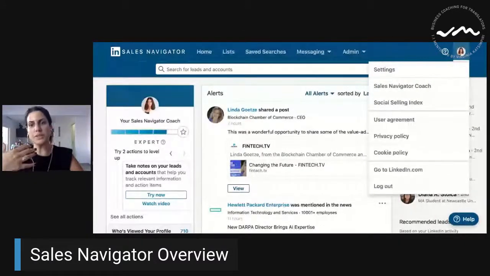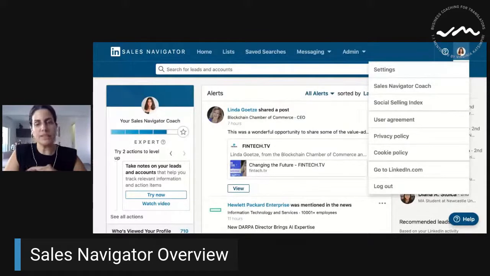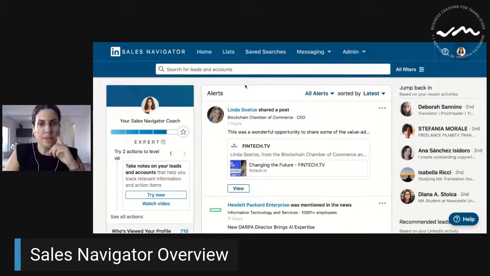So you will at some point be obliged, if we can say, to proceed with Sales Navigator and the paid version. It's very important that you buy the package, the paid version of LinkedIn, the one that has Sales Navigator. So when you go to business solutions on LinkedIn in order to buy and upgrade your free profile to a paid one,